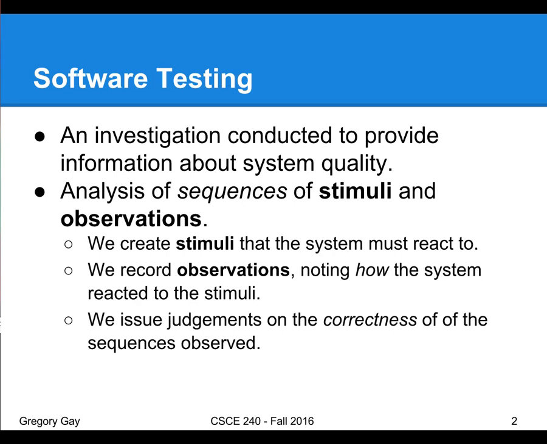So when we talk about testing, what we talk about is the analysis of sequences of stimuli and observations. We poke the system, we pass input to methods, or we create environmental conditions the system has to react to. And then we see what it does, right? As we do so, we record observations. We record anything we can about the system. Usually, you take a look at the output. If you call a method, you get its output, you check whether that output was what you were looking for, but you can check all sorts of things, right?